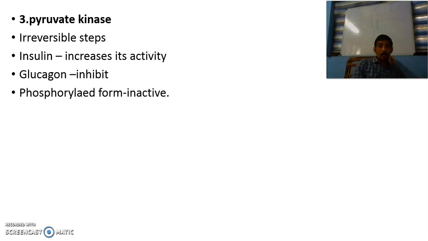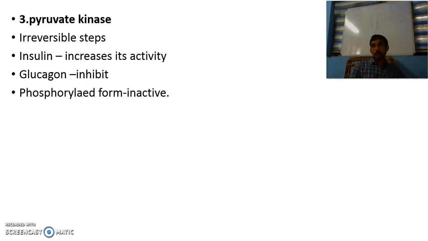And pyruvate kinase, I already told you that steps 2, 6, 8, 9 are reversible. But here, it is the 10th step of glycolysis, that is pyruvate kinase. It is an irreversible step. And this pyruvate kinase is also a kinase enzyme that converts phosphoenolpyruvate to pyruvic acid, and that pyruvate kinase is also regulated by a proteinaceous hormone. That hormone is called insulin. The insulin increases the activity of pyruvate kinase,